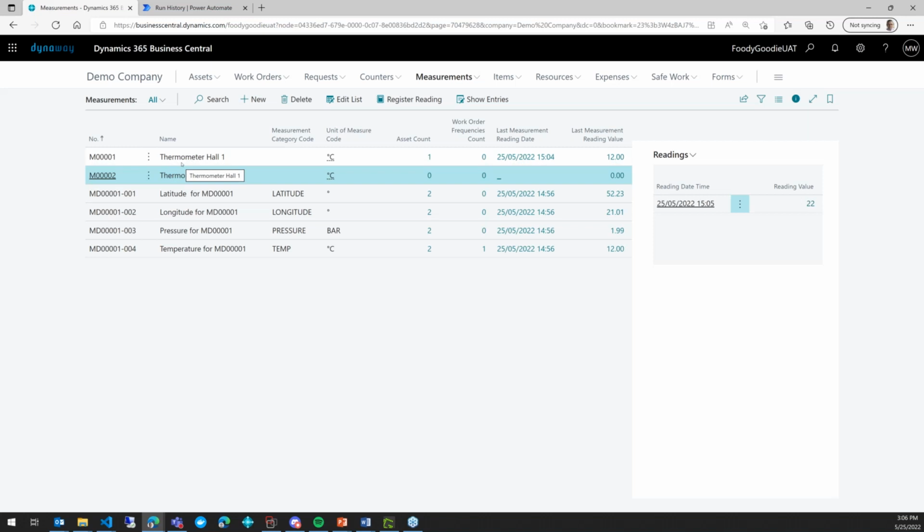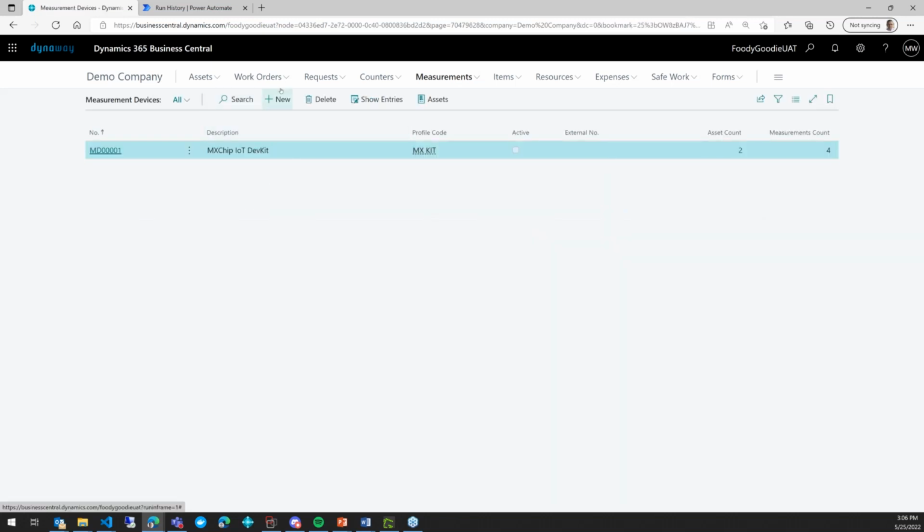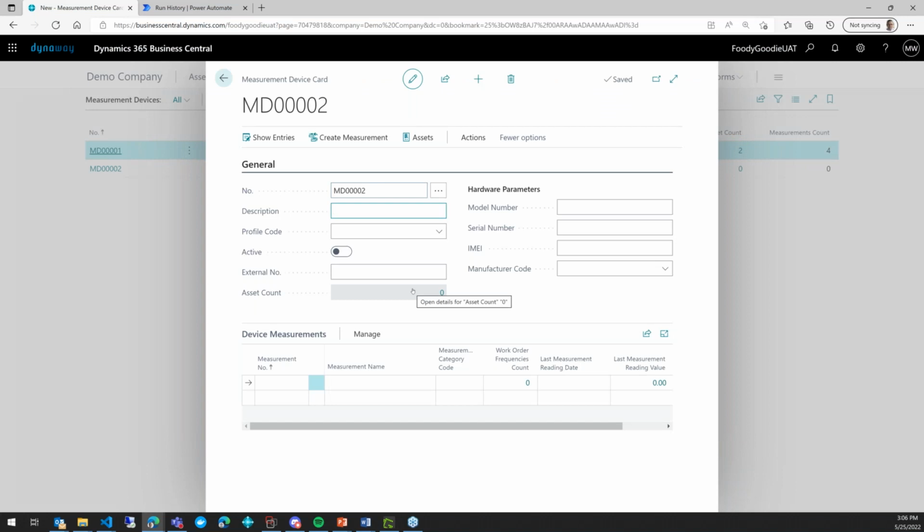And you can simply just create the measurement, add it to the asset, and start using it. But in this release which we had, we put something which we called measurement devices. The difference is that the devices, in fact, have inside many measurements. So we wanted to do it so that you can very easily create measurement devices and also the measurements for those devices. So let me just create a new device. I will just name it, right? My